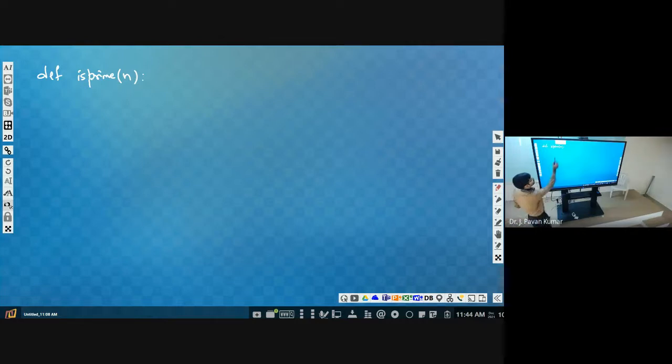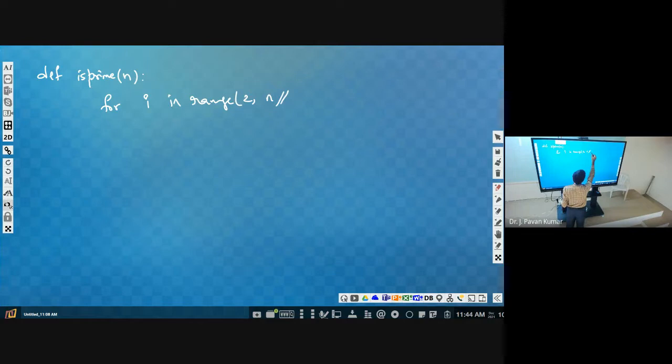So for i in range of 2 comma n floor division 2 plus 1. Next, what we have to do? We have to check whether n is divisible by this i or not, any of these numbers or not. How can we check? Whether the remainder is 0 or not, we will check.